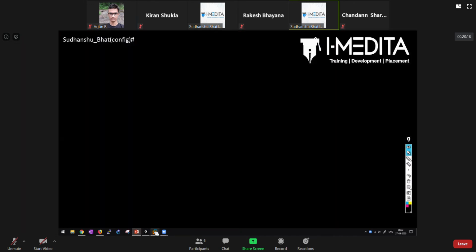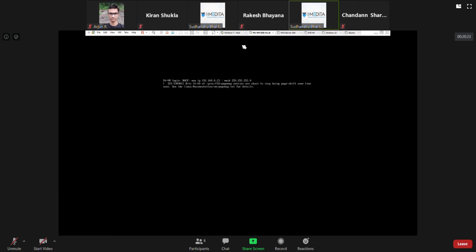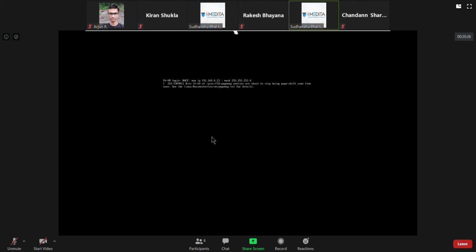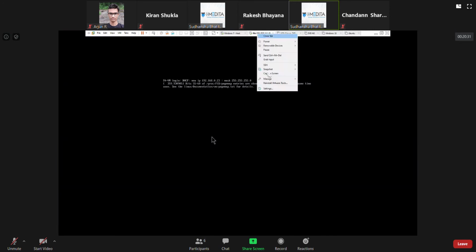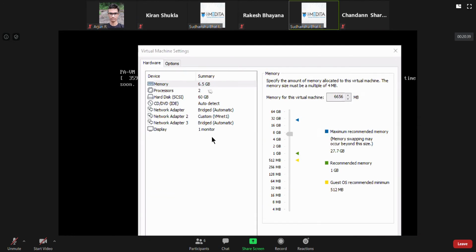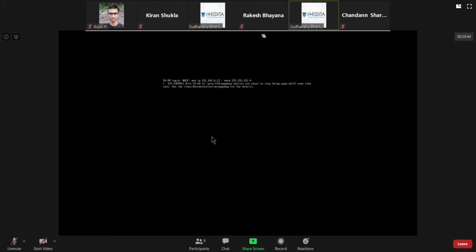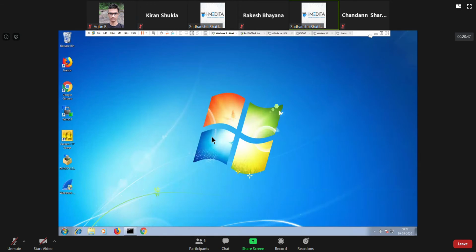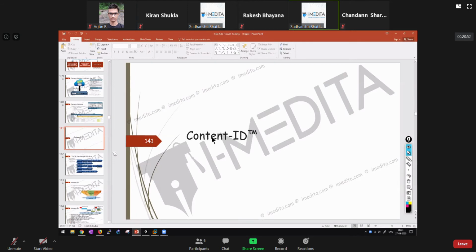And if you want to deploy, if you are very good at VMware, I can give you the virtual machine of Palo Alto, which you can run in VMware Workstation. But again, this virtual machine consumes like 6.5 GB for itself plus 2 cores. So you need this much for it to work properly. Then you need some more RAM for Windows 7 along with your host operating system. Okay, so let's start with content ID.